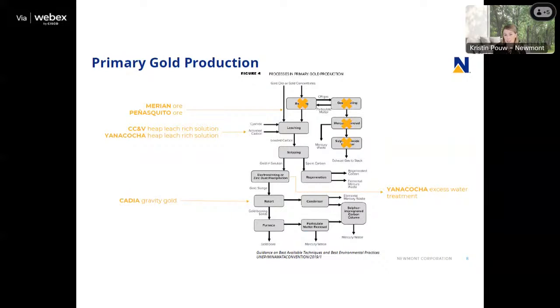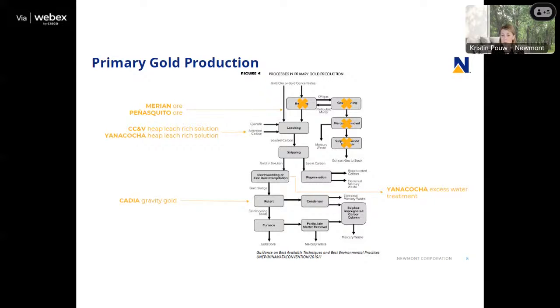We can think of 3 main groups of controls for primary gold production. These are controls for air releases, discussed in Article 8, controls for water releases, and also controls for waste management, which are discussed in Article 9. This image is actually adopted from the guidance on best available techniques and best environmental practices that was published by